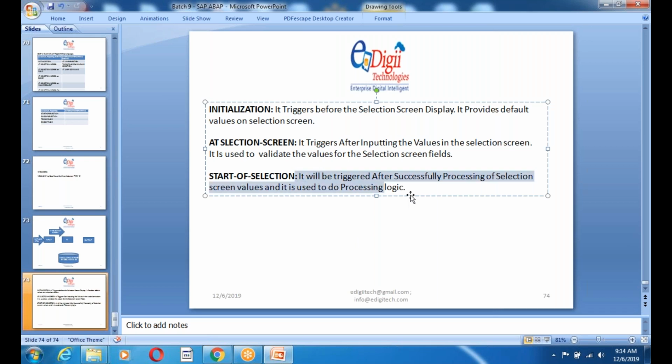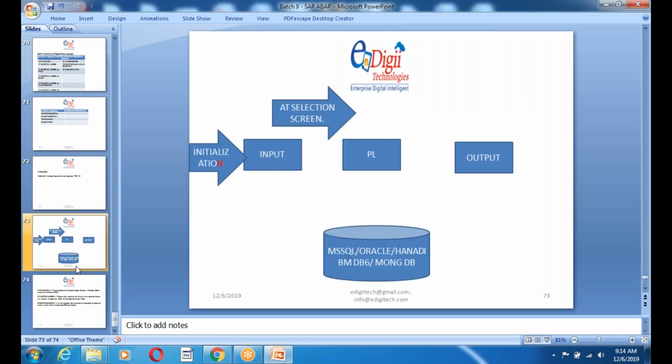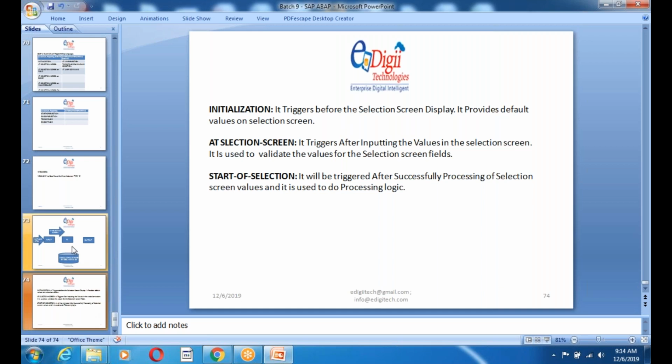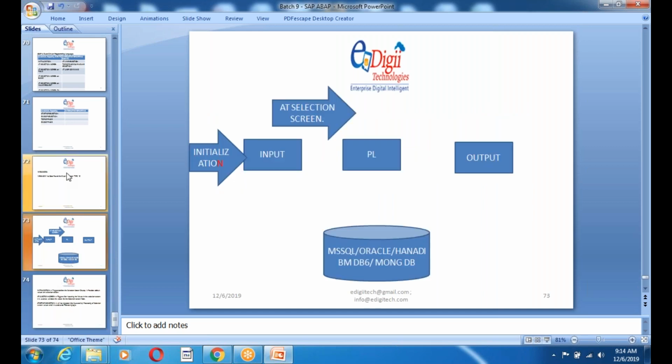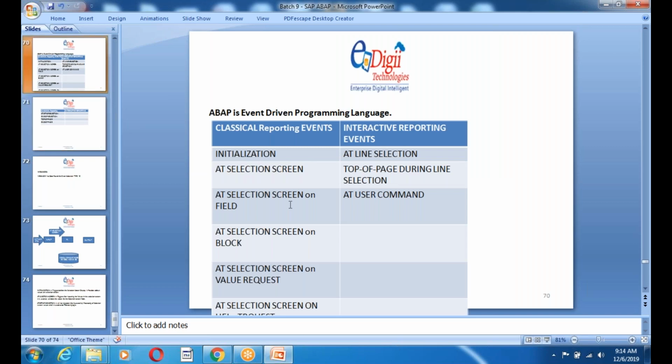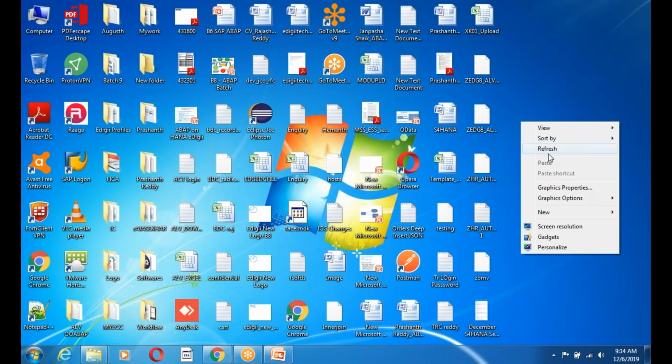Start of selection will be triggered after successful processing of your selection screen values, and it is used to do the processing logic, guys. That's the start of selection event. And guys, one more event I call is at selection screen on field, guys. See, whenever I do any selection,